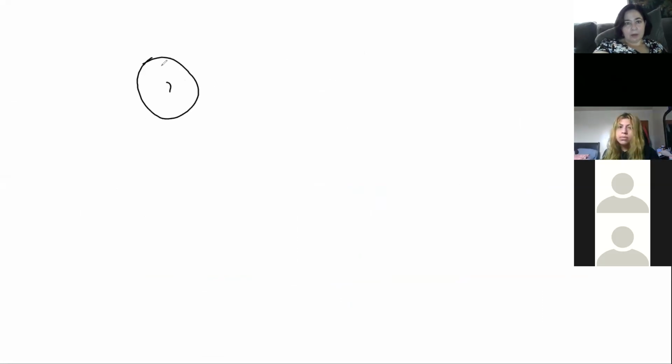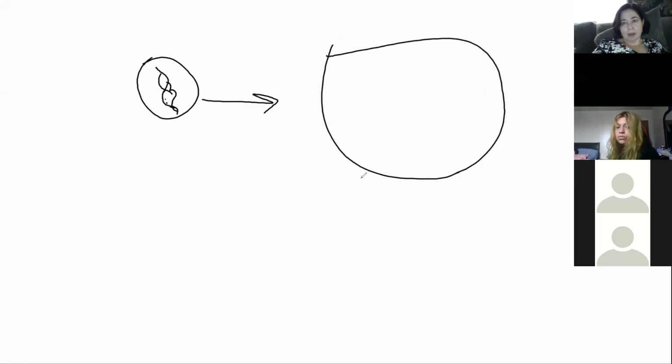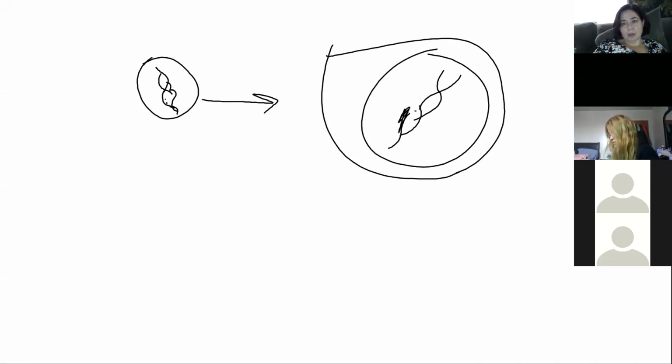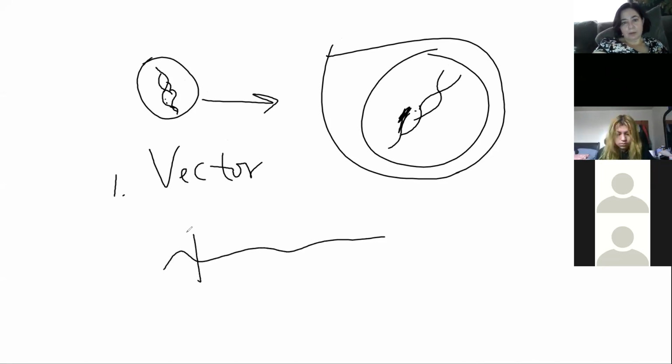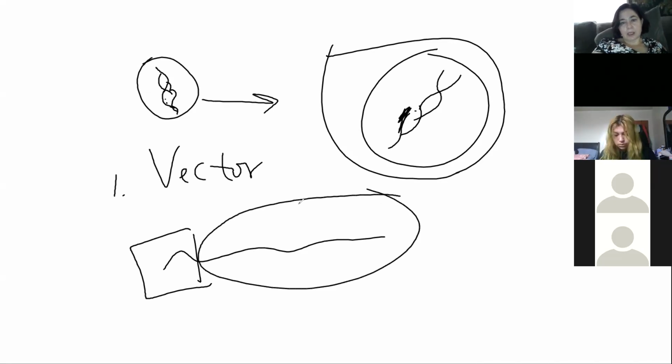So virus, remember, is a piece of DNA or RNA enclosed in a protein shell, right? And remember I explained to you that a virus can get inside the cell and can insert its own genetic information into your genetic material. So in this sense, virus is called a vector. Why vector? You take viral genetic material, you take a piece of it, right? You cut the bad part, like disease